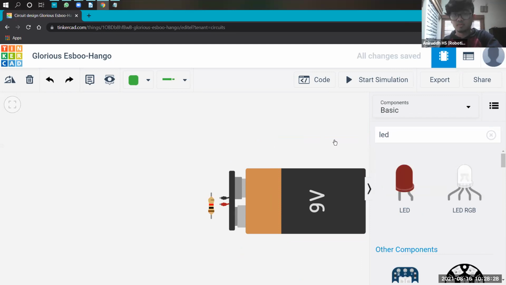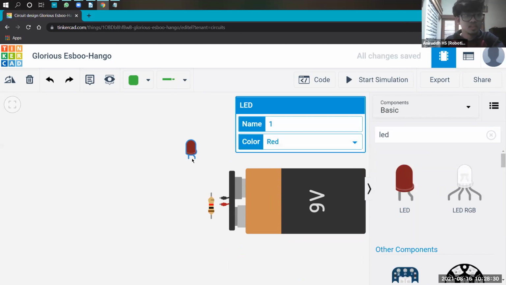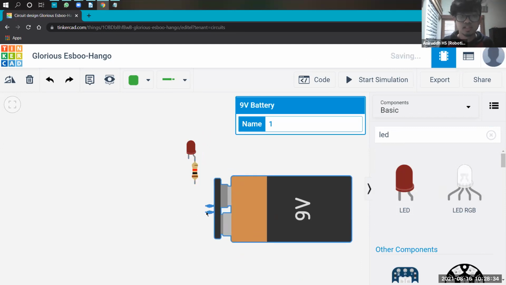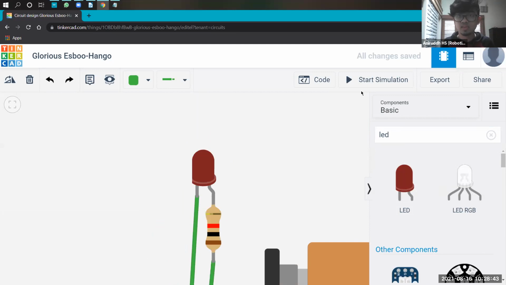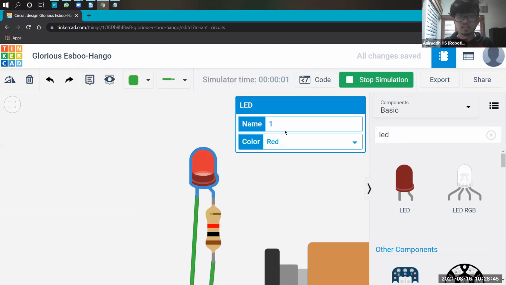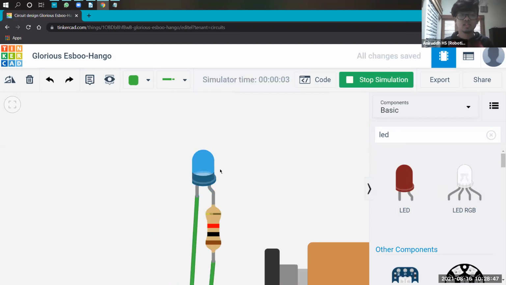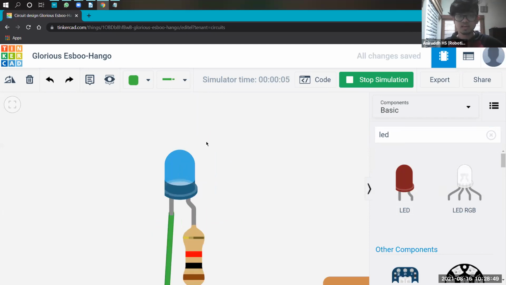Okay, so I made a circuit. Harshvardhan, yes, definitely, we'll see your circuit. I'll quickly attach the LED, positive to positive, negative to negative, and now I'll start the simulation and it turns on, right? I'll change the color to, let's say, blue. The LED turns on and it's pretty bright, right?